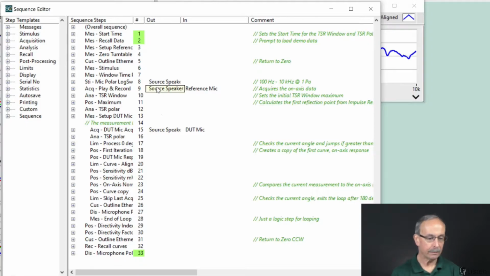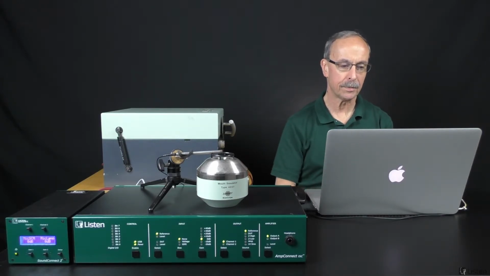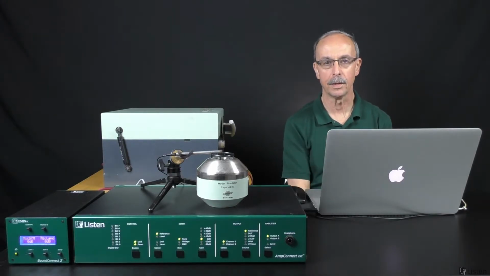And then we have one acquisition step and a couple of analysis steps here. And what we're doing in analysis is, because we're using a continuous log sweep and time selective response analysis, we're making a measurement. We're looking at the impulse response of the first analysis, and we're looking for the first strong reflection in that impulse response. And then we're automatically going to take that first strong reflection where it occurs in time, and we're going to pass that value into the next and all of the subsequent analysis steps as the stop time for the TSR